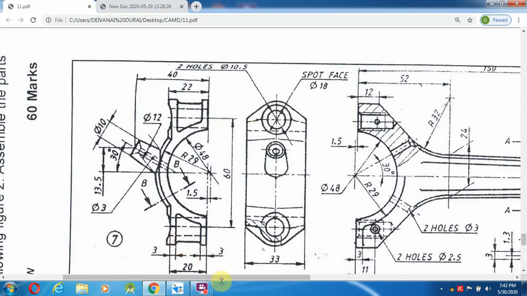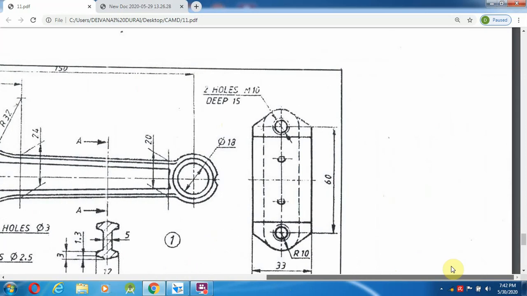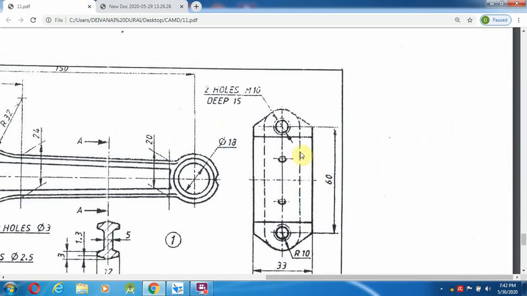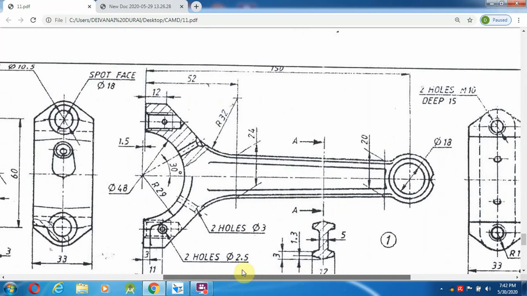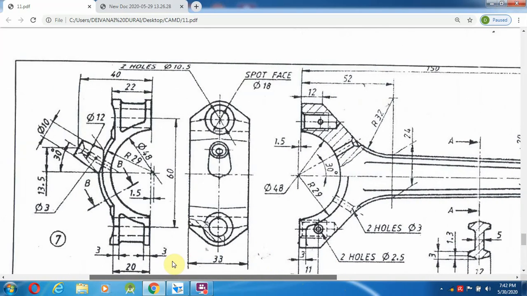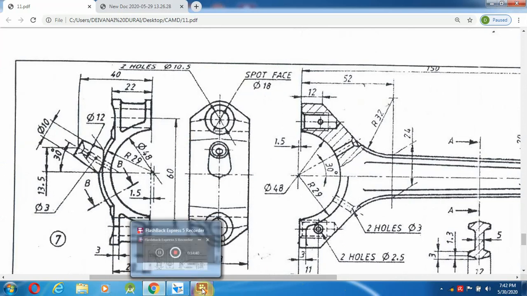They have not given, means we can go with this option. So 60 plus 10, so 60 plus 10, 40 mm. So those options we will go over here.